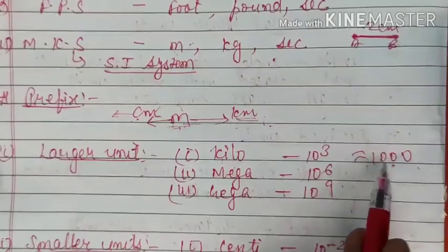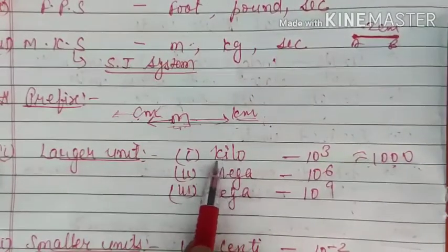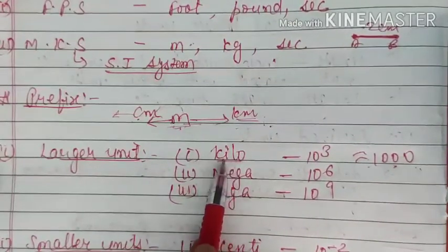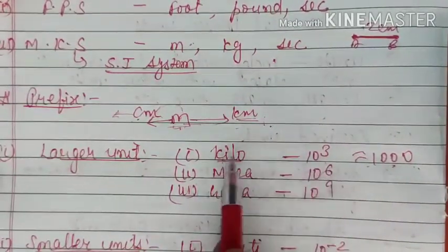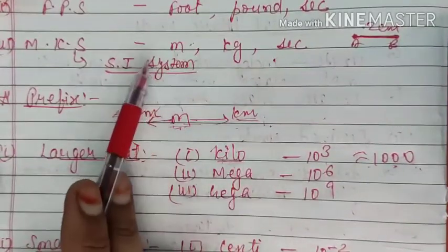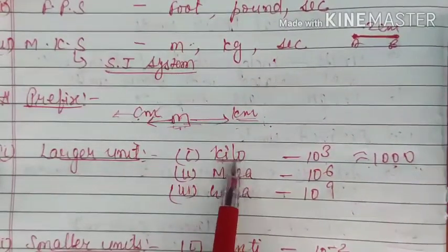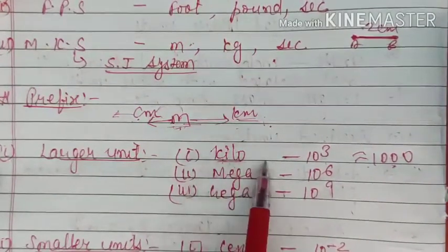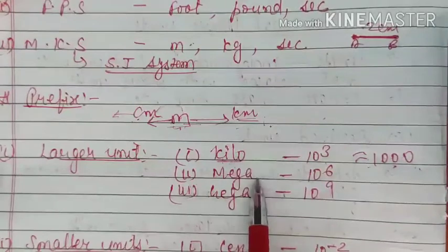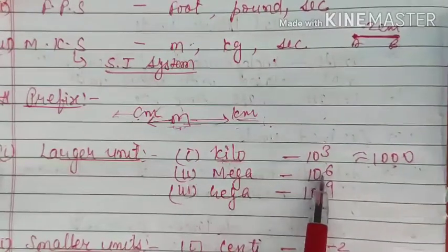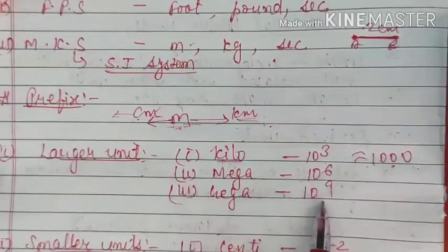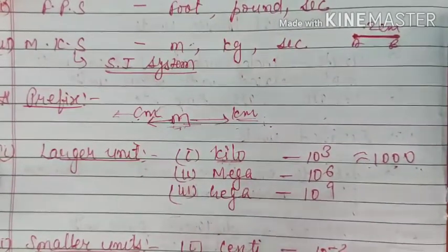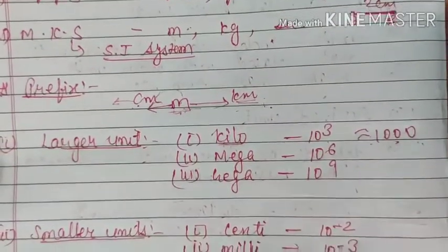So how is it coming? It is because of this kilo only, because kilo is a prefix which always adds 10 raised to power 3 to the quantity. If you put it before meter, it will be kilometer. If you put it before gram, it will be kilogram, as you wish. If we want a still larger unit, we will use 10 raised to power 6, that is mega, otherwise giga. More units are also given, but at least these three we must remember. Without that we won't be able to work.